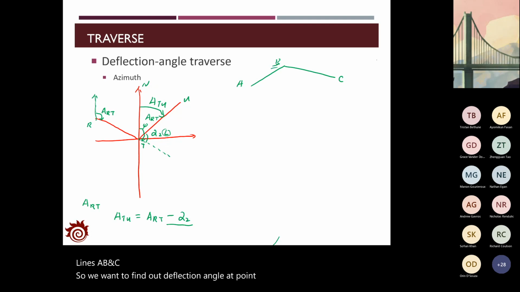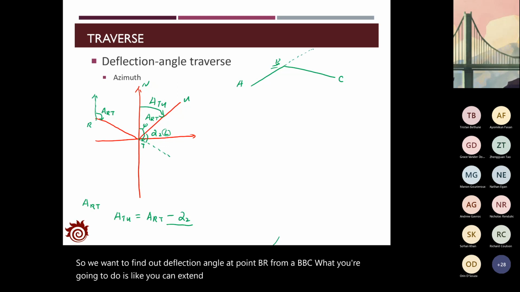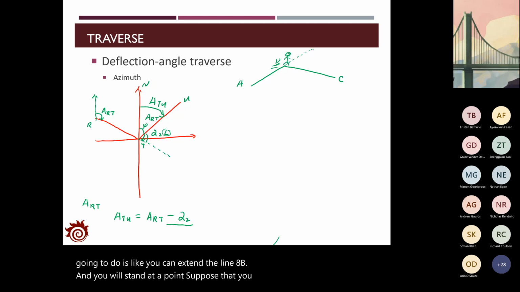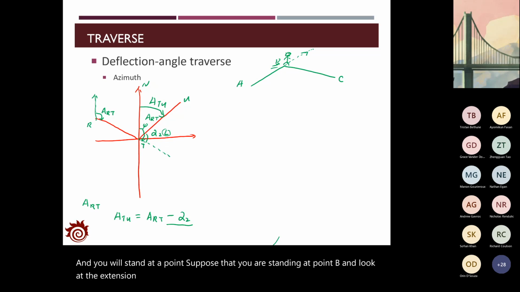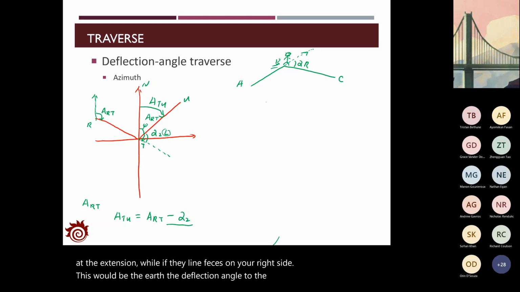From AB to BC, what you're going to do is extend the line A to B. And you will stand at the point B, and you look at the extension. If the line BC is on your right side, this would be the deflection angle to the right. But for the other case,